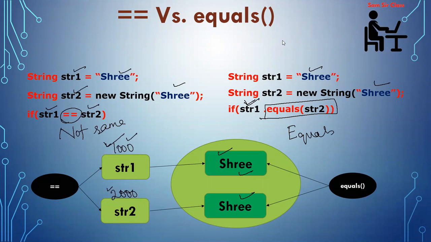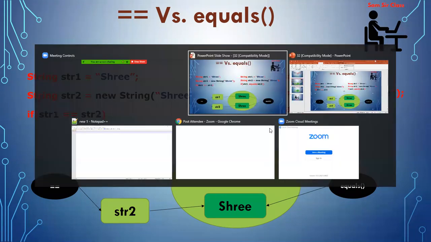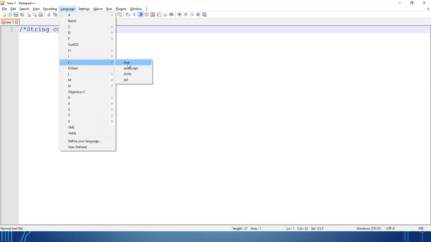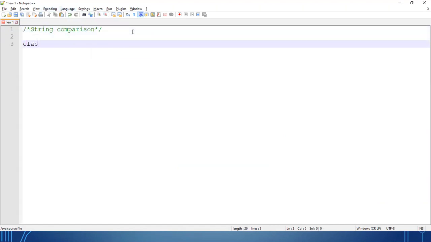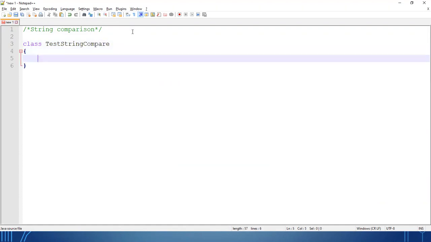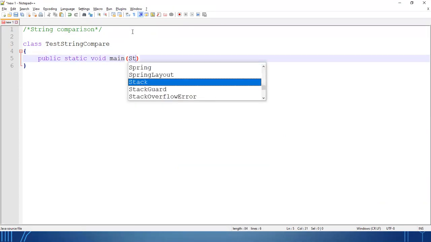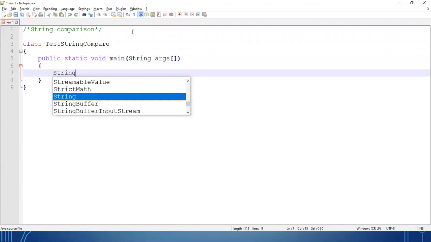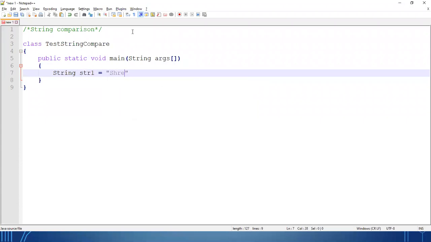Let's see through an example whether it works. How will we compare two strings? We'll define the main method. The first string object I am creating is str1, and I am providing the value.